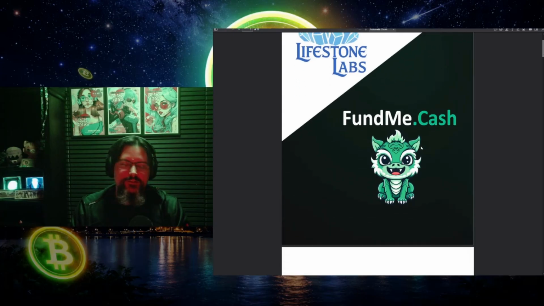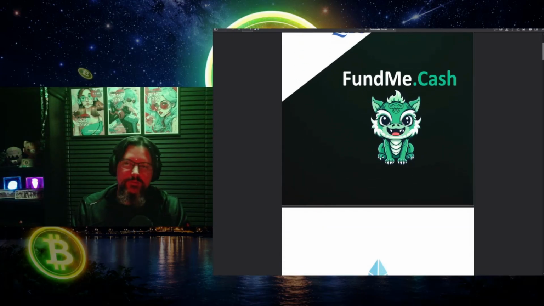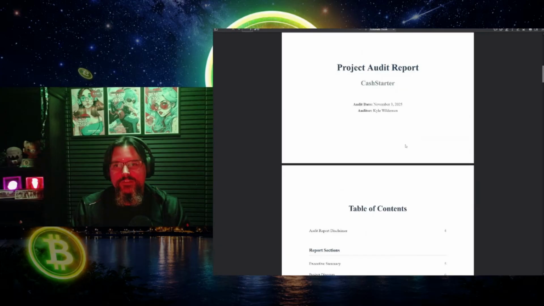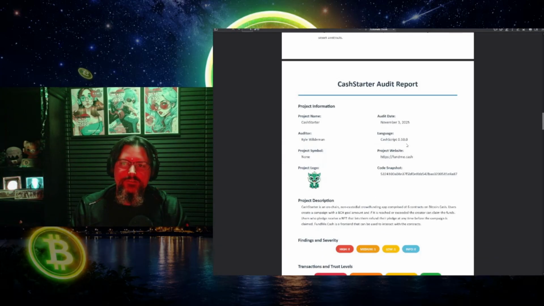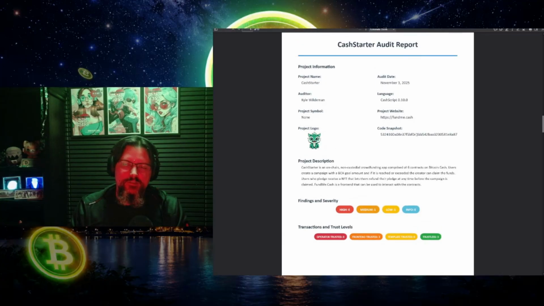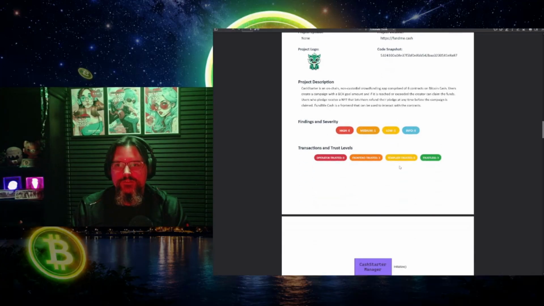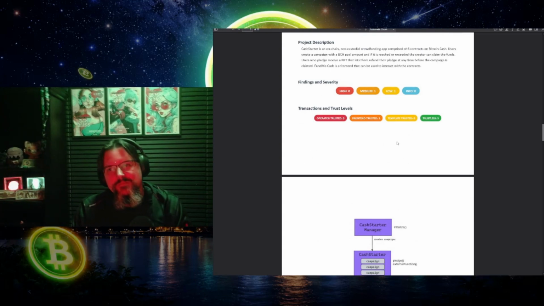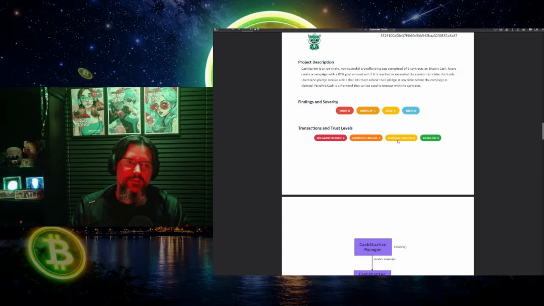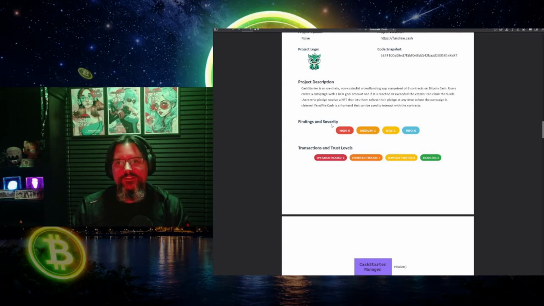This is for Cash Starter, which is the contract behind fundme.cash. This is crowdfunding on Bitcoin Cash, and it just shows the layout. My current design is a little bit different than this already, but it shows the general example. To quickly go over, I seem to do things a little bit differently than a lot of EVM audits, where